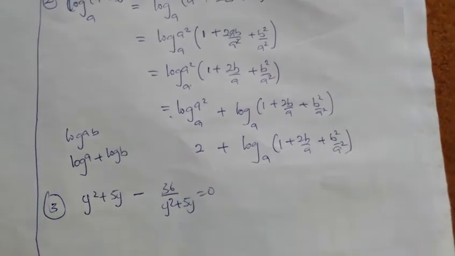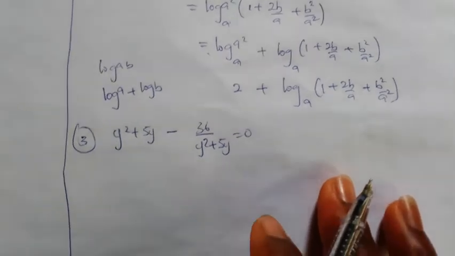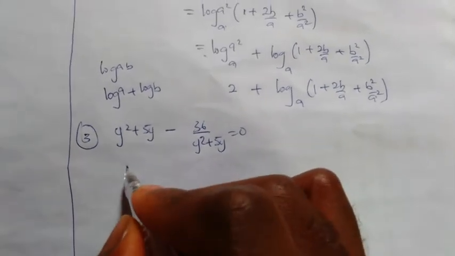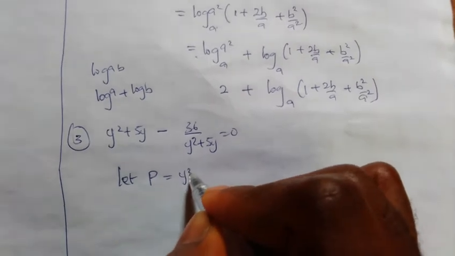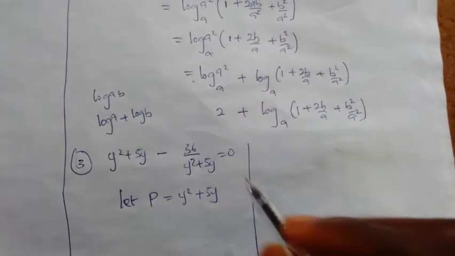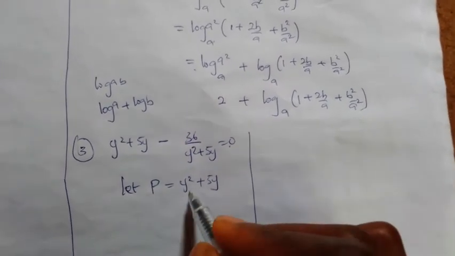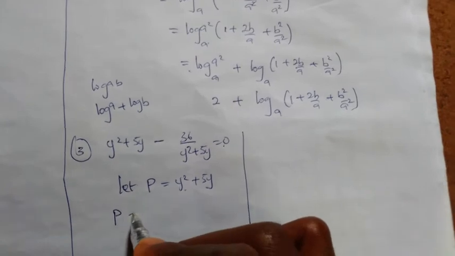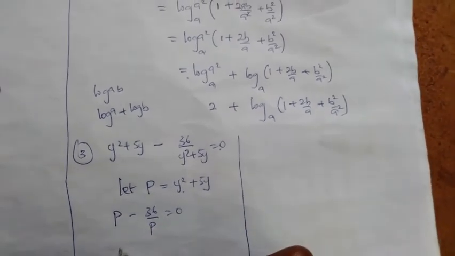Now if you remember, in one of our classes I gave us an equation like this to solve. In which case I say let p be equal to y squared plus 5y, so I can easily solve this equation. So if p is equal to y squared plus 5y, what will I have? I will have p minus 36 over p equals 0. Multiplying also by p to clear the fraction,